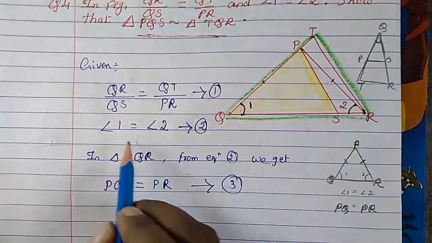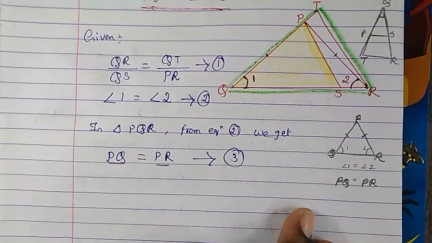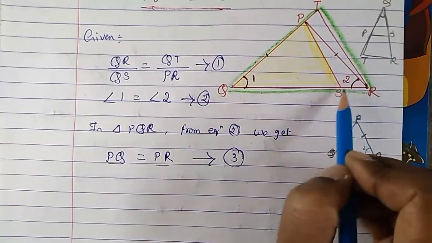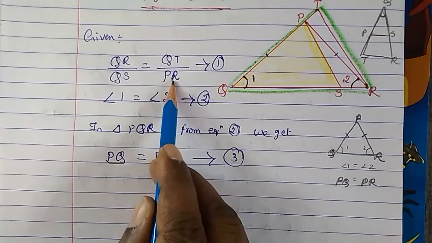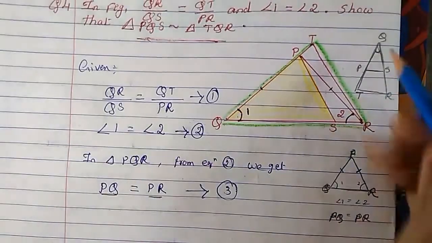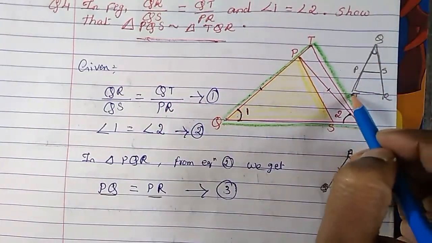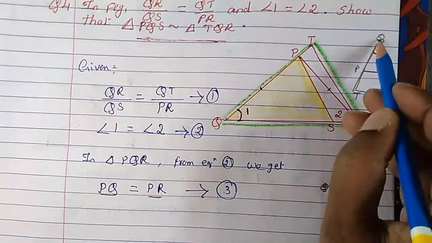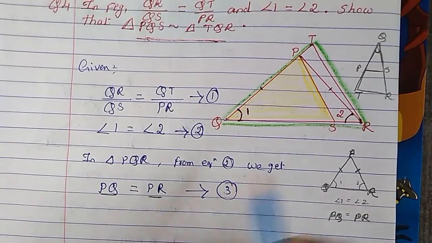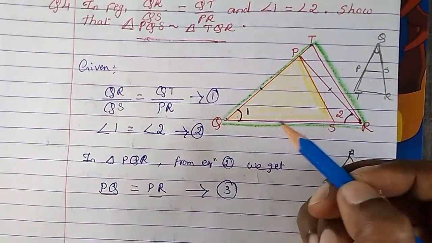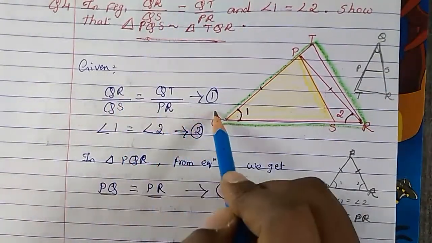So now look here, we have PQ is equal to PR. We have already proved here PQ is equal to PR because of this I told you. So PQ is equal to PR means instead of PR can we write PQ, and PQ comes where? PQ comes here. Now can we write QT upon, instead of PR we will write PQ, because we have proved here PQ is equal to PR. So now the ratios will be equal, because this is what we have to prove. Actually it is already given to us, the ratios are equal.